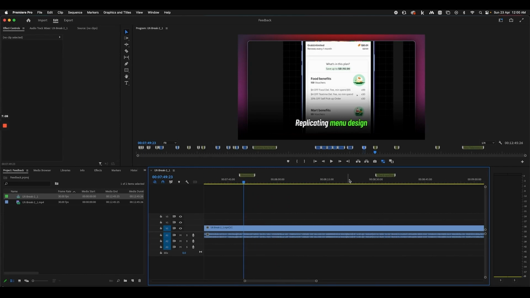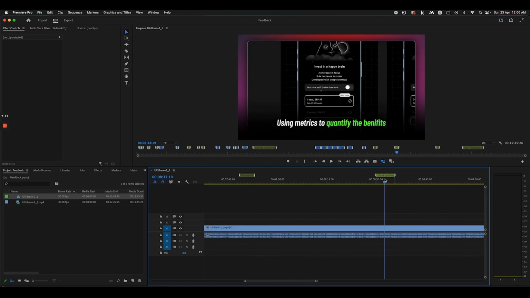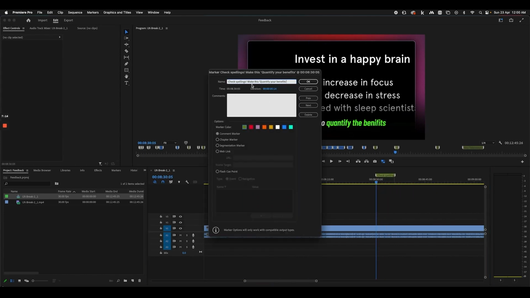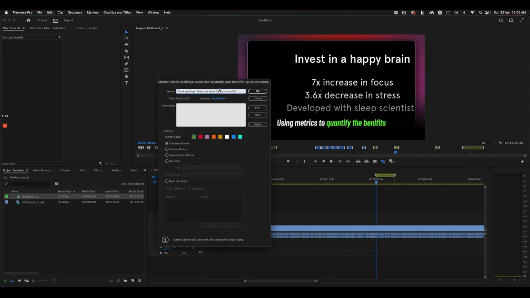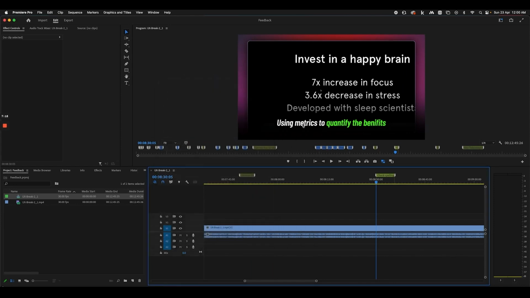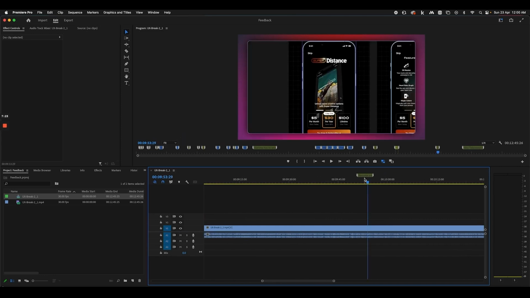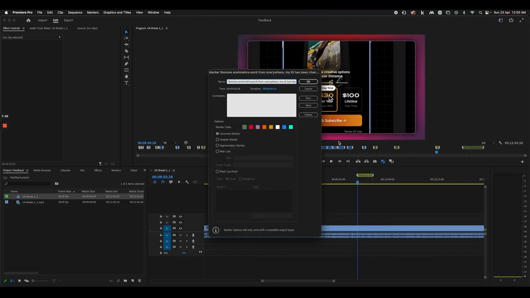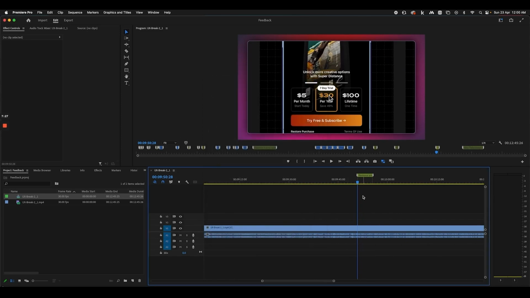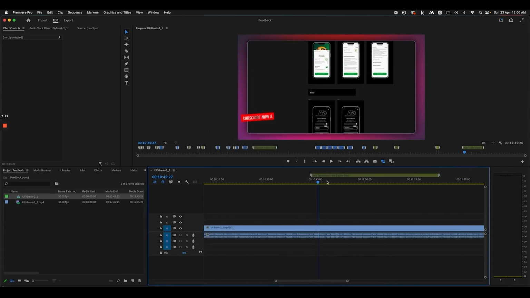Replicating menu design is actually not a very good tip. ये spelling गलत थी, and make this entire super quantify your benefits. राइट, benefits की स्पेलिंग देखो कंप्लीटली गलत है। ये as it is यहाँ पे, remove अंश मेरा dot from everywhere, हाँ ये मैं आपको अभी नया भेज दूंगा।